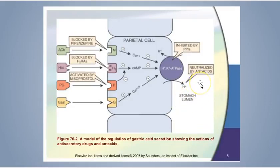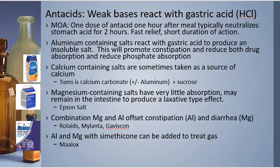That carbonate interacts with the hydrogen, and basically the pH of the GI stomach lumen becomes neutralized. Okay, and so the dose, or the dosing guideline, for antacids, and again, these are weak bases. So the mechanism here is